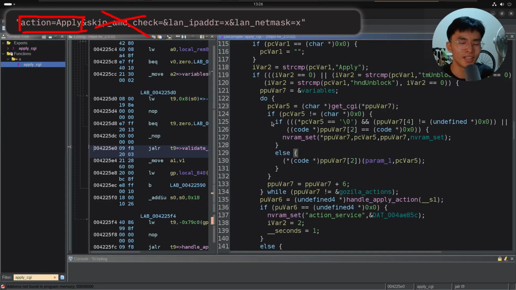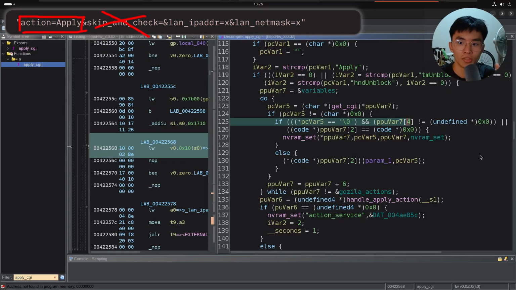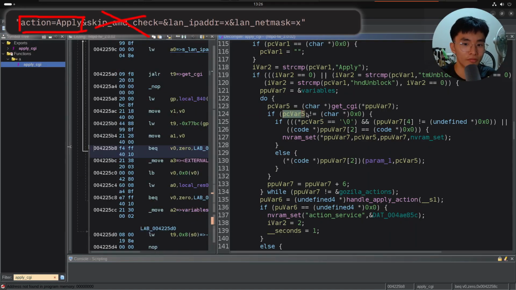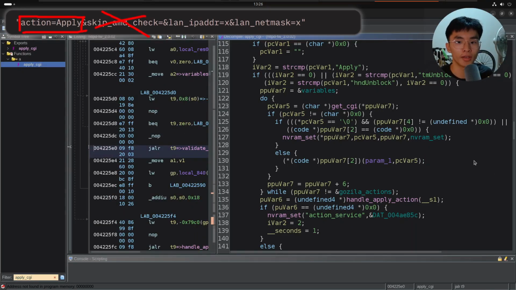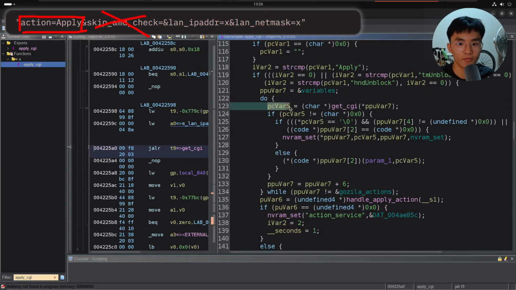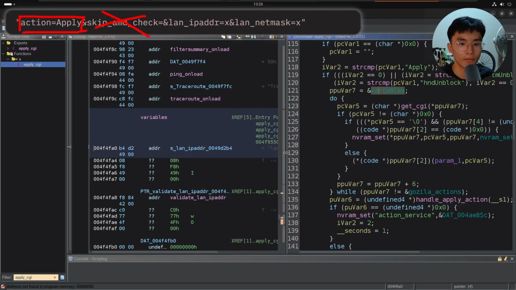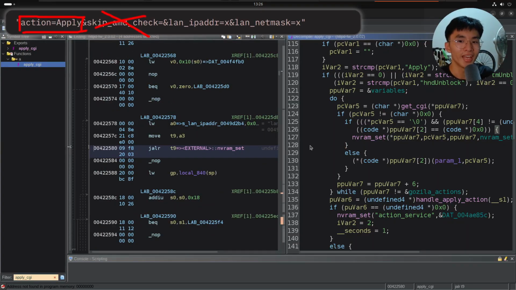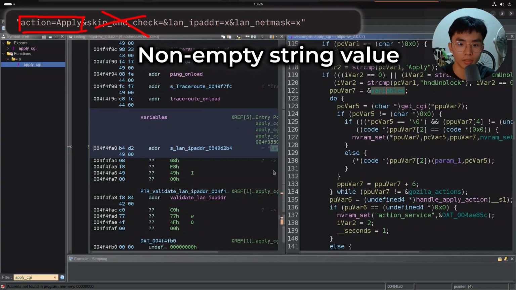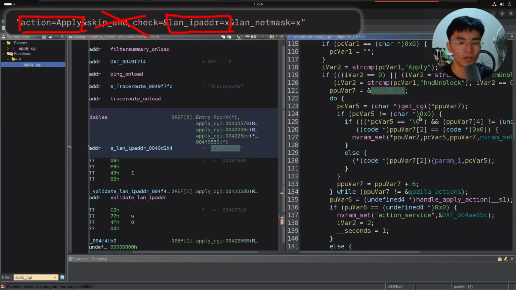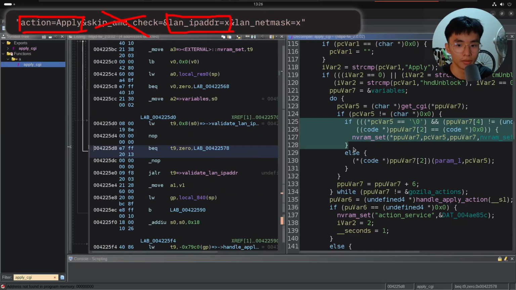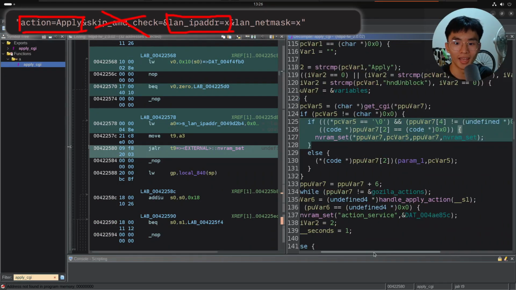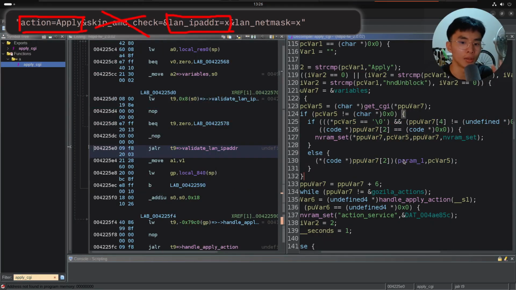But before that, we have to see that there is a nested if statement over here, which just checks if PCVAR5 is equal to the empty string. Therefore, we simply have to specify a value to PCVAR5, which is taken from the getCGI parameter, as we have seen before. So this means we just have to specify a non-empty string value to this variable over here in order to fail the if statement and enter the else block to call our intended validate